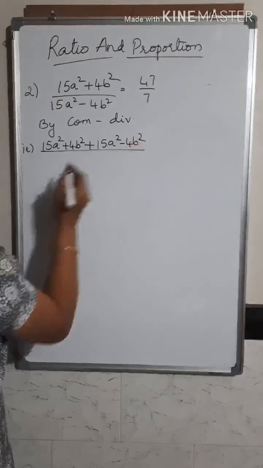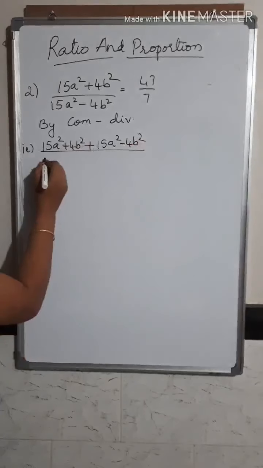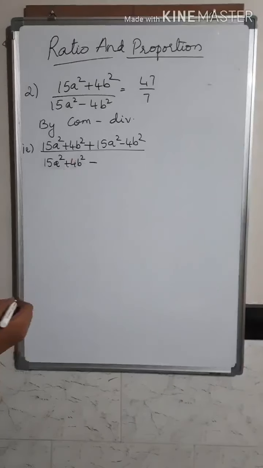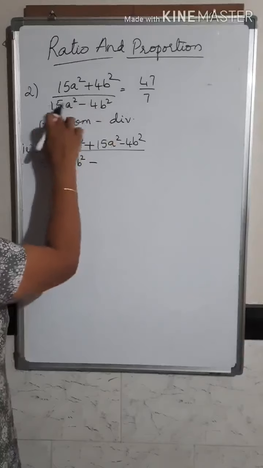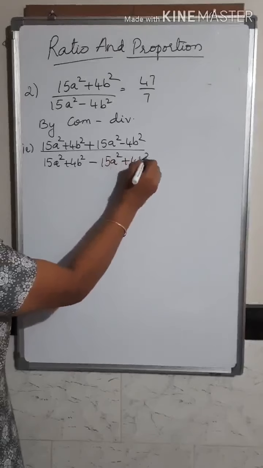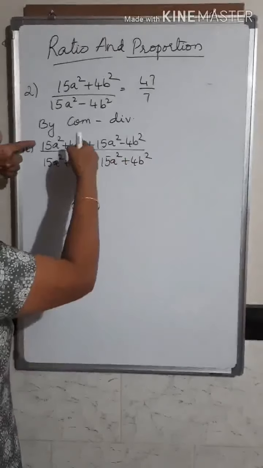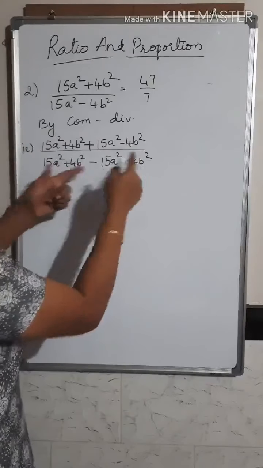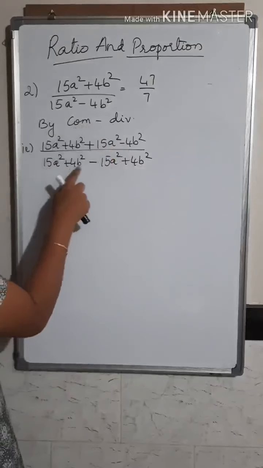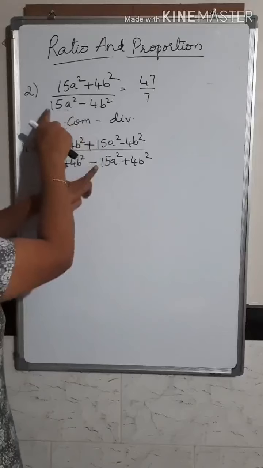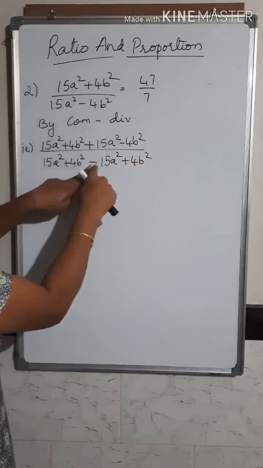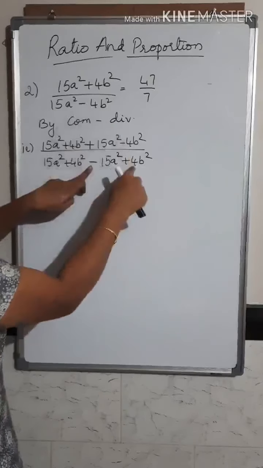square, upon, in the denominator you have to do the subtraction. So you get 15a square plus 4b square as it is, minus; when you have got minus you need to change the sign of both the terms. So you get minus (15a square plus 4b square). Here I have done addition in the numerator and subtraction in the denominator because you are using the property of componendo dividendo. But when you do the subtraction in the denominator, you have got minus with the bracket. When you open the bracket, you need to change the sign of both the terms. So this becomes minus 15a square and this becomes 4b square.